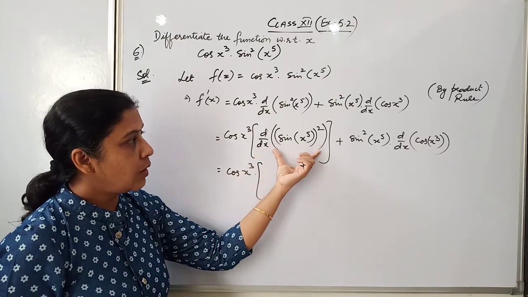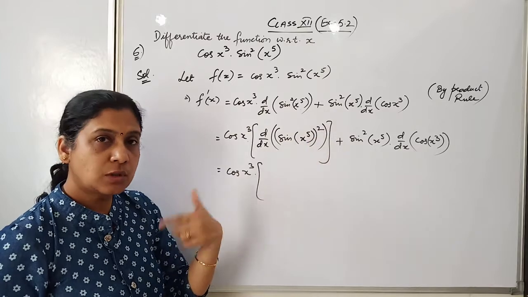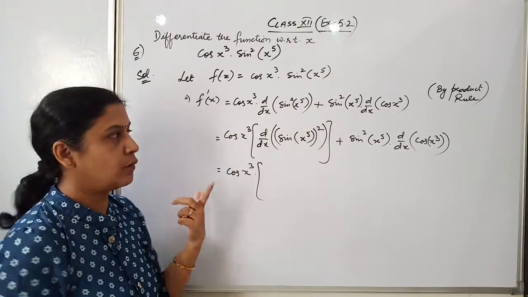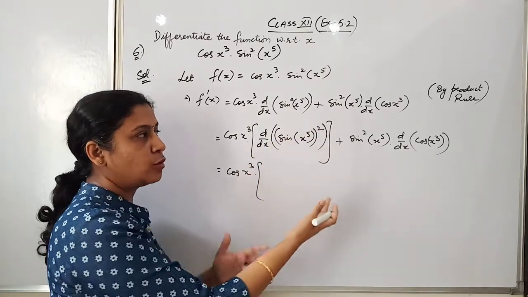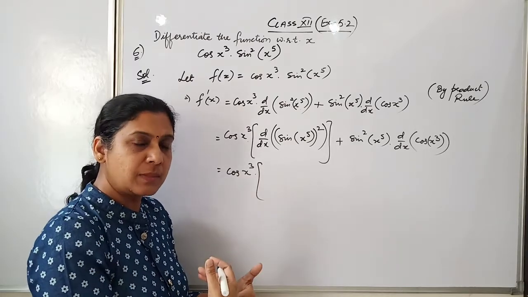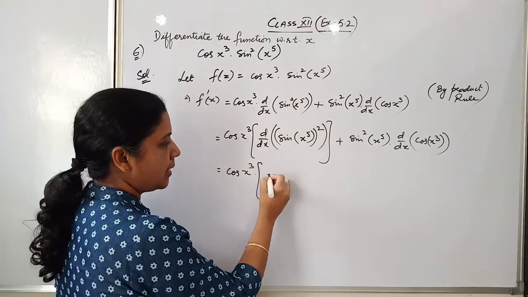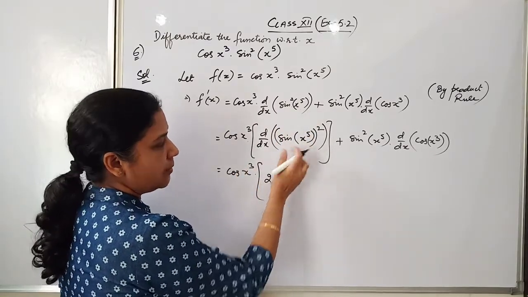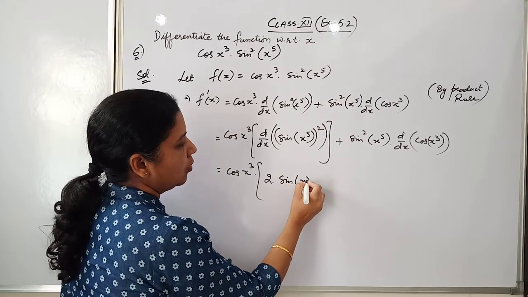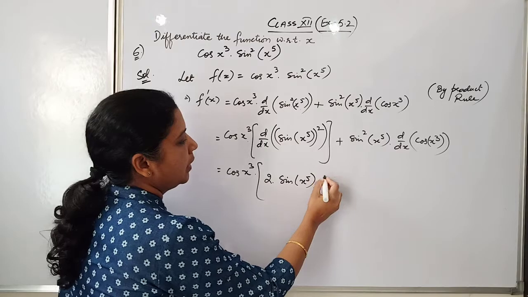Derivative of this whole function. The outermost layer is square. The outermost layer is to take its derivative first of all. So if you have x raised to power n, you write its derivative as n into x raised to power n minus 1, means power comes in front and you reduce its power by 1. So first the power will come in front and the power of this basic function will reduce by 1. So raised to power 2 was there, 2 minus 1 how much came, 1, into derivative.